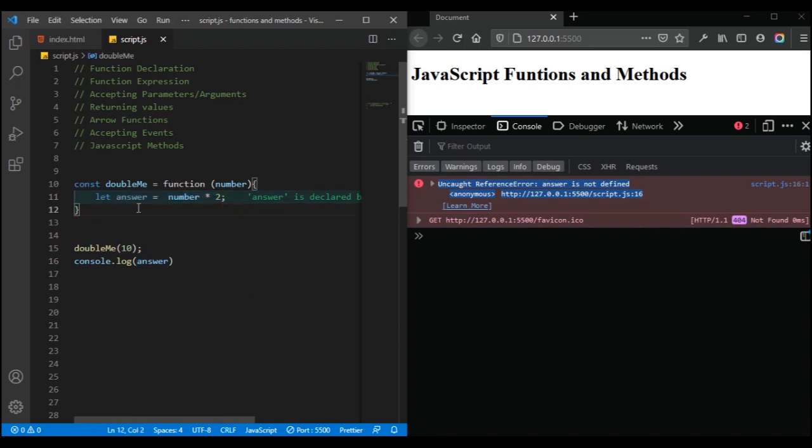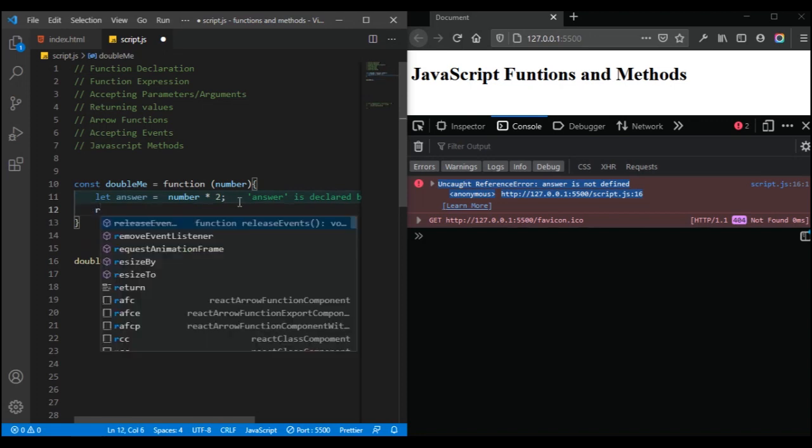So that means outside of this function, the variable answer does not exist, and that's one important thing that you need to note. So instead of let answer equals to this, we can just return